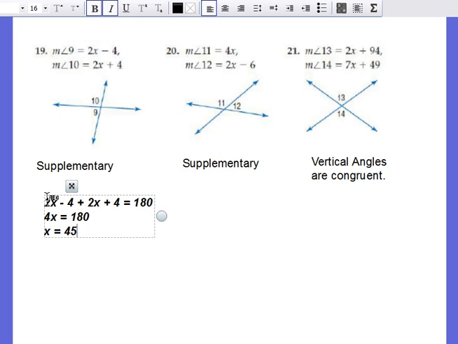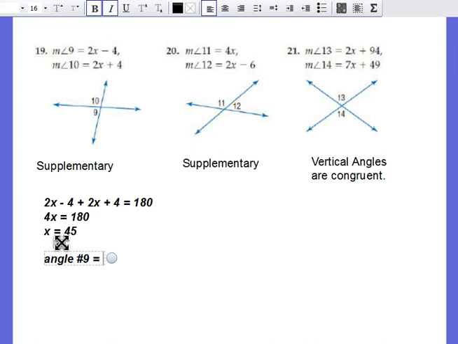Right, now that I have that, I know x is 45, I can substitute the values back in. So here, if I'm looking for angle 9, I'll just put 9 equals, even though I don't want to do that because you got to put an angle symbol. So let me see. I'll just write angle 9. How's that? Angle number 9